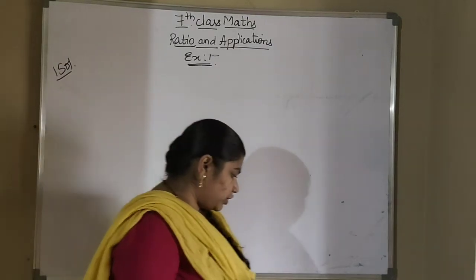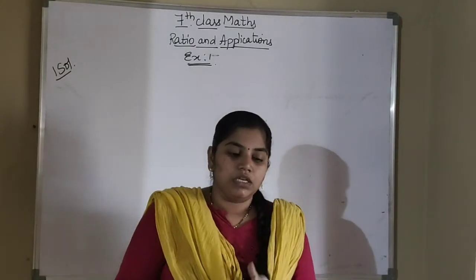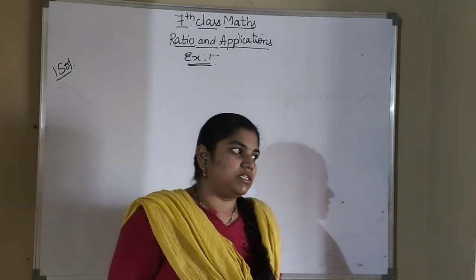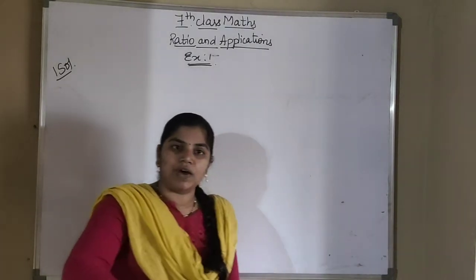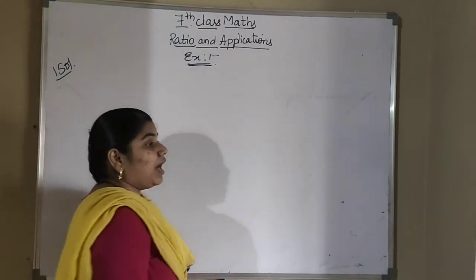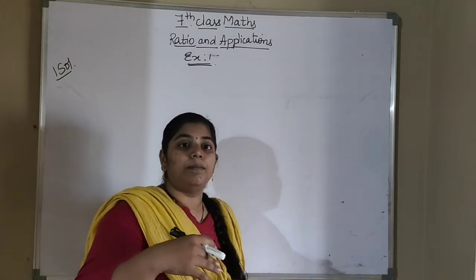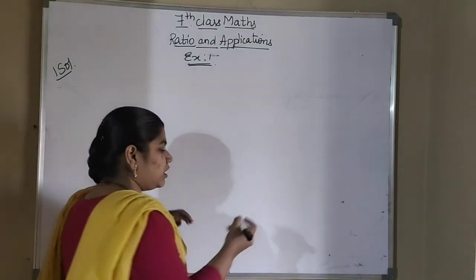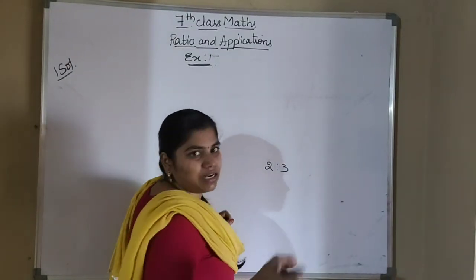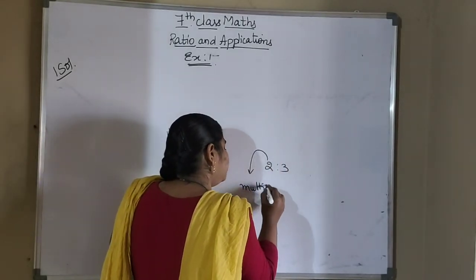So what is the first question here? What is the ratio of rupees 100 and rupees 10? Express your answer in the simplest form. So we have to find the ratio of 100 and 10, and also express that in the simplest form. And the ratio is nothing but writing it in the form of multiples of that value. Suppose I give the ratio as 2:3. 2:3 is not the result itself. That means the result is in the form of multiples of this value.